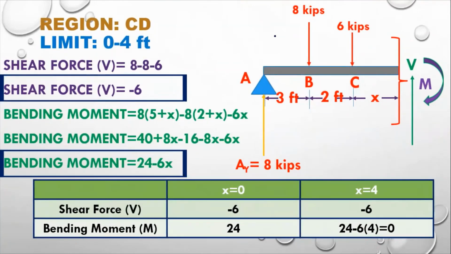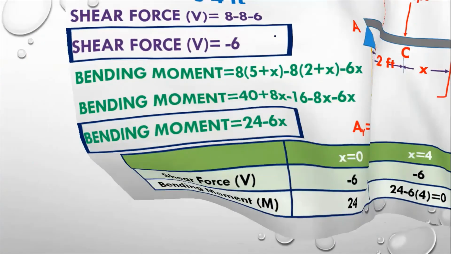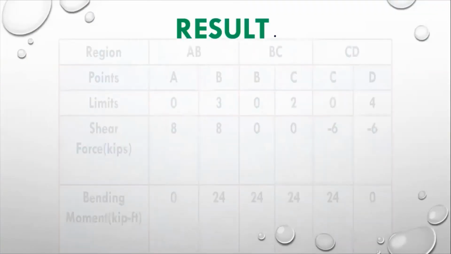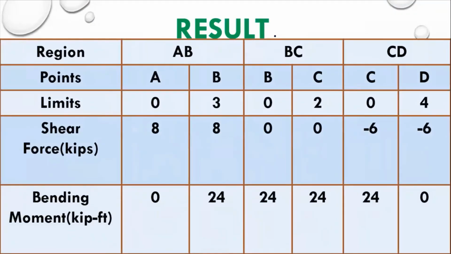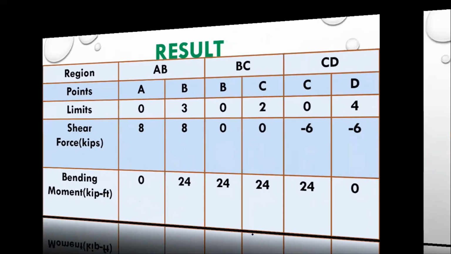I want to show that we have the values in kips and feet. So I have put here that the shear force is in kips. You can see here I wrote down the unit, so it will be clear to all of you. And this is kip-feet, you can see. So I put all the values here, and now I'm going to make the shear force and bending moment diagram for this question. So how can we make it?